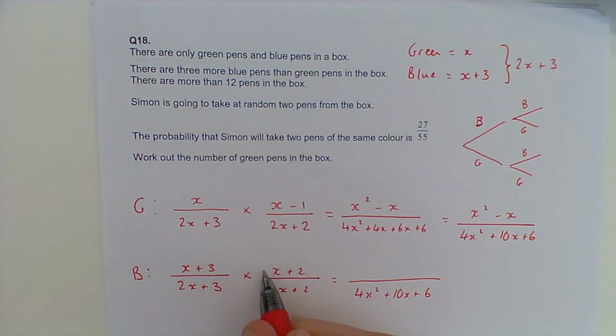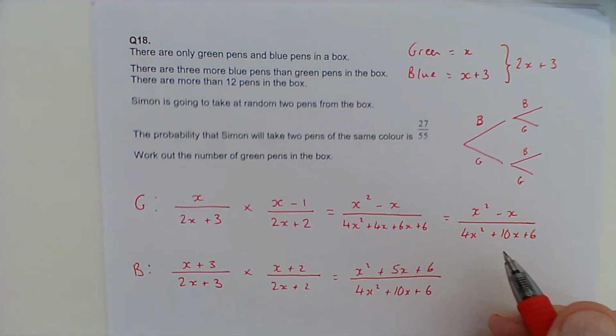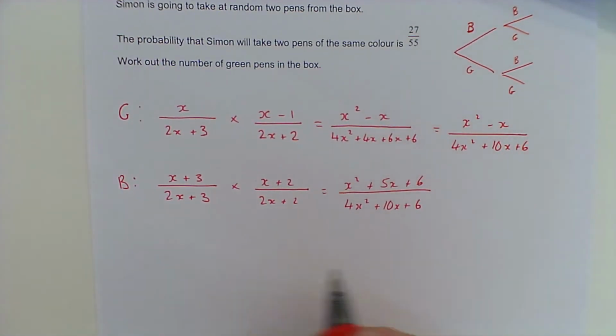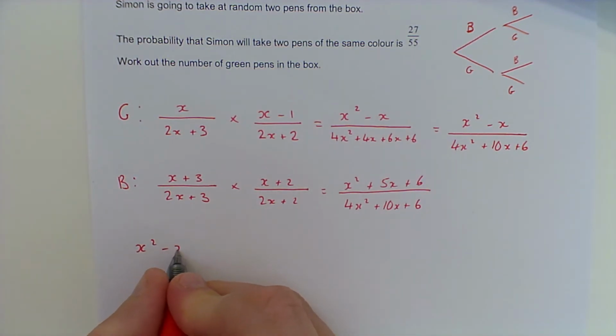And that's going to be over x squared. And we're doing this in one go, okay? So it's going to be 3x and a 2x, which makes 5x, and 3 times 2 is 6. Okay, so I've got the 2 probabilities, and I know that the probability of taking a green, x squared minus